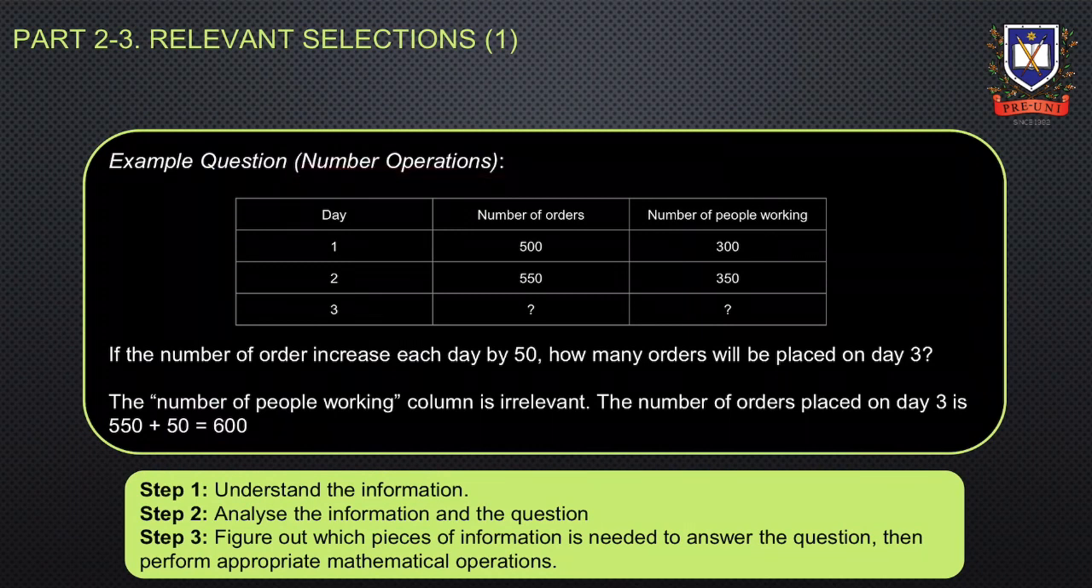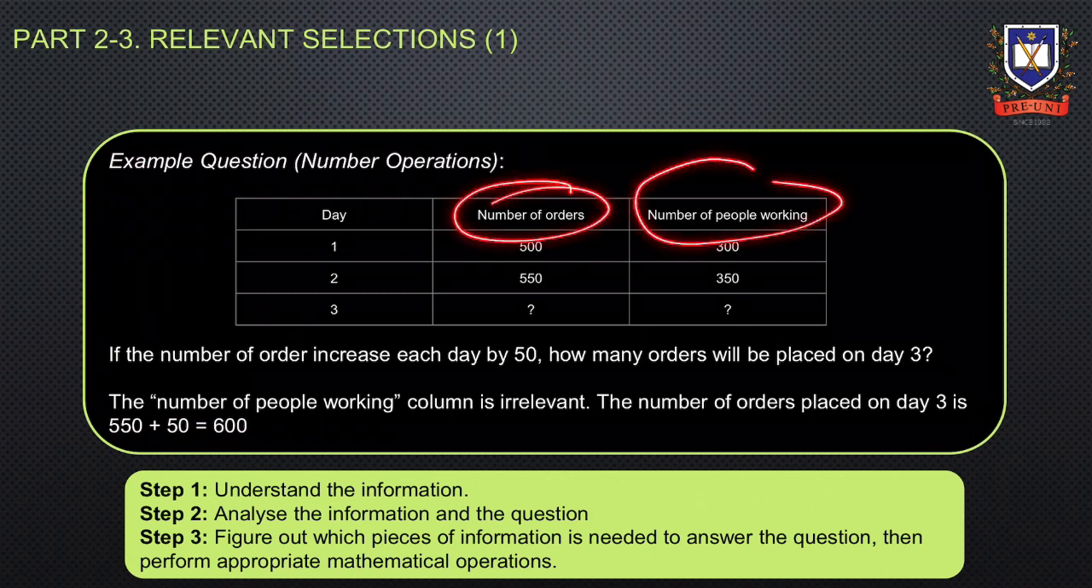Number operation questions require students to solve the question using a combination of arithmetic operations. Students will be required to understand the contextual information and determine relevant pieces to solve the question. Consider the following example. We are given a table with the number of orders received and the number of people